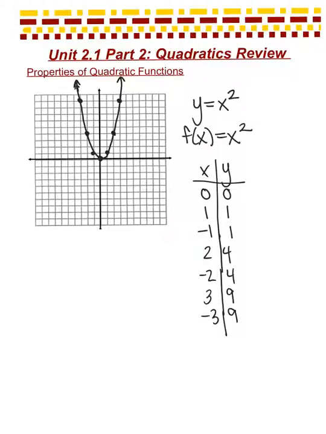So some vocabulary, this turning point here is called the vertex. And that's where it changes from increasing to decreasing or decreasing to increasing. Every quadratic has a vertical line called the axis of symmetry that cuts the parabola in half per se, so if it were to fold over the axis of symmetry, it